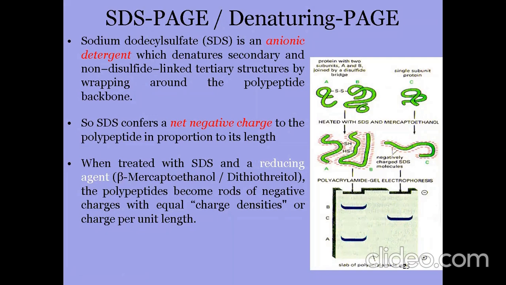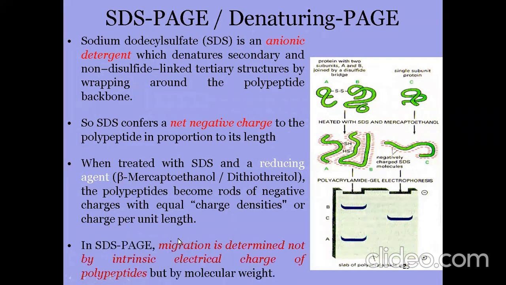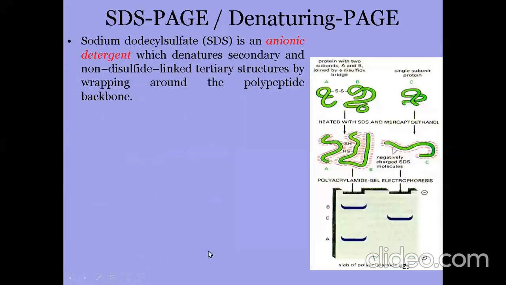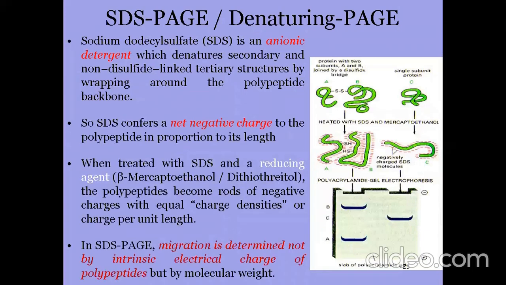तो per unit length में जो है वो equal charges होंगे इनके। So in SDS-PAGE, migration is determined not by intrinsic electric charge of the polypeptide but by the molecular weight। So जो माइग्रेशन है वो इंट्रिंसिक चार्ज पे डिपेंड नहीं करेगी क्योंकि ये सारा कुछ नेगेटिवली चार्ज हो जाएगा ना। ये डिपेंड करेगा मॉलिक्यूलर वेट पे। अब एम आई क्लियर? यस सर। सो नेटिव पेज will depend on intrinsic charge and the size, hydrodynamic size, and the denaturing page will depend on the molecular weight actually।